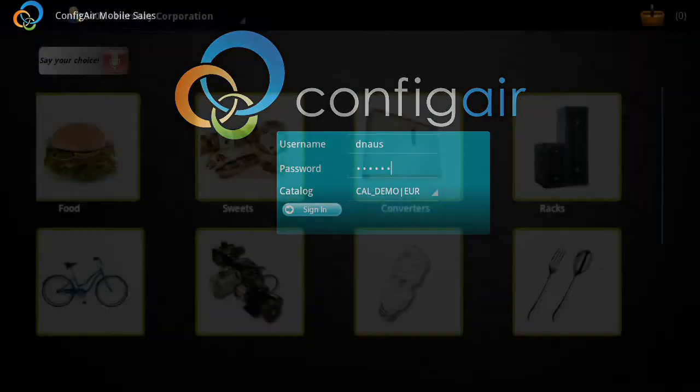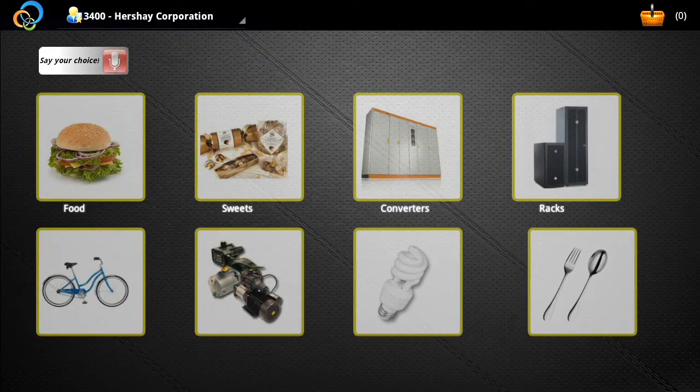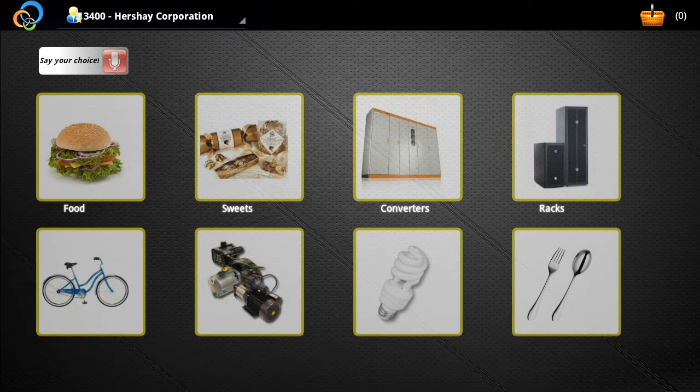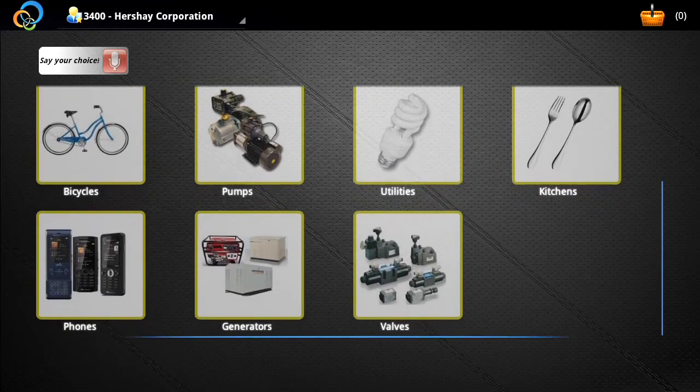and sign in. The first screen I see is the catalog overview page. Here, each area in the catalog has an associated image, and I can drill down to see subcategories of that area. If the area is simple and it has products, I can go ahead and drill into them as well. So as you can see, this is a varied mix from food, sweets, converters, pumps, all the way down to